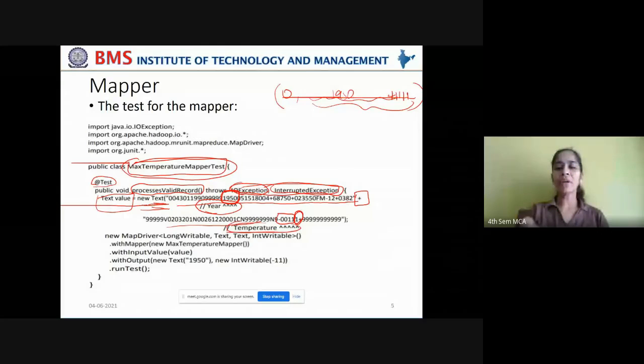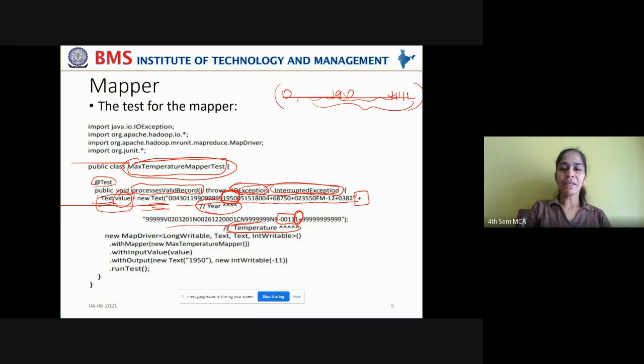The rounded number is the quality code, which says whether that measurement of a temperature is valid or not, right? This raw data is taken into the value variable, which is of Text type. Text means it is of string type in Java.